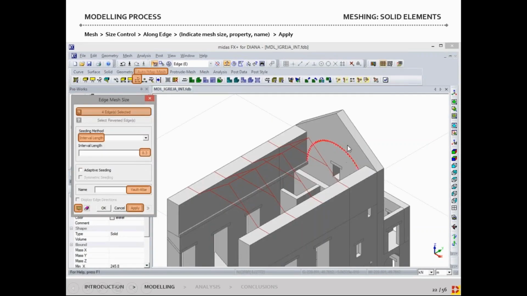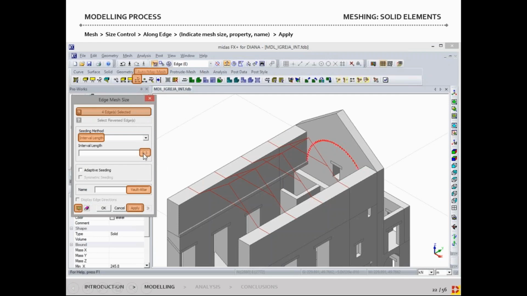Every time that we deal with a combination of mesh between shell elements and solid elements, we have to assure that the nodes are going to be connected. So it's not only that we have to imprint the line on the geometry, it is that also we have to tell the solid how many nodes we are going to have along the edge. In order to do this, we have different options to indicate the mesh size. In this case, we are going to use mesh size control along the edge, and then we will indicate the mesh size, in this case the same size as the one that we use for the discretization of the shells